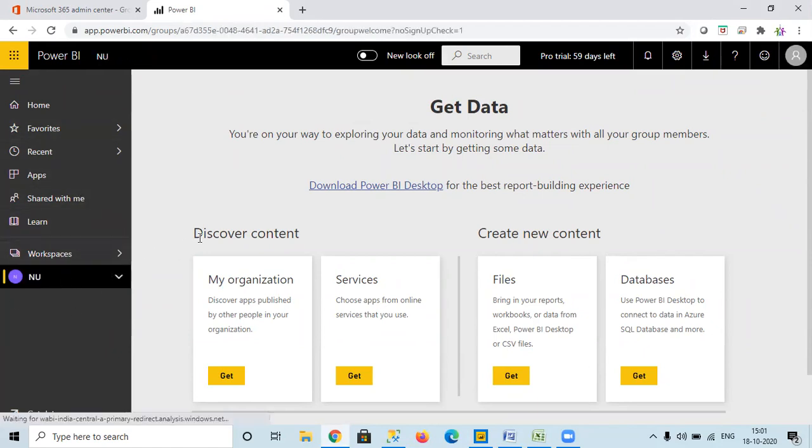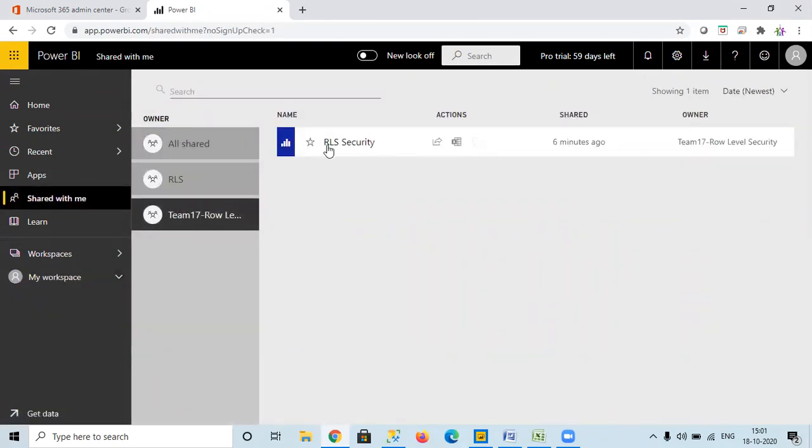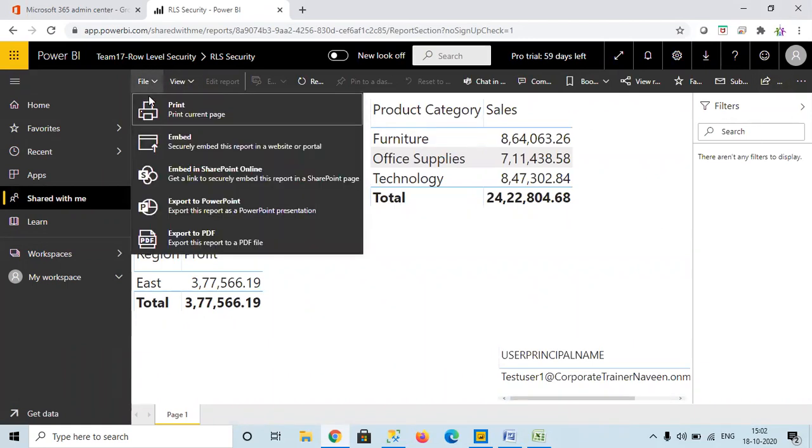They can only access what has been shared with them, what they have access to. The rest of the things they cannot do. So now you can see they cannot edit the report either. They don't get the edit option to do those activities. One more thing, so far we have seen, and there are other options also.